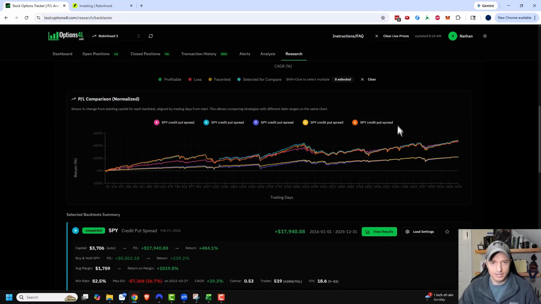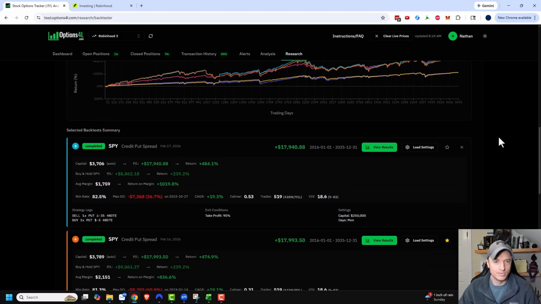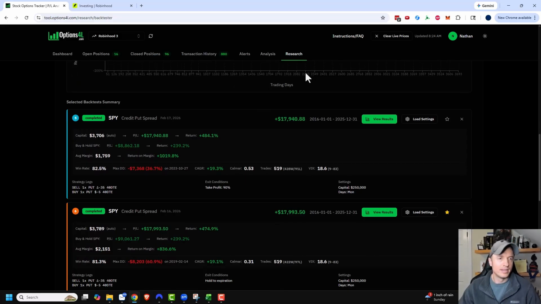We can see our line graph right here that shows us our P&L. We got like 3 or 4 that have pretty much the same P&L, and then we got 2 down here with a little bit lower P&L. But let's keep moving on. That's just P&L, and P&L can be a little deceiving because it's just a total number. The capital to generate that P&L, so return on margin, seems more applicable to actually judging these particular back